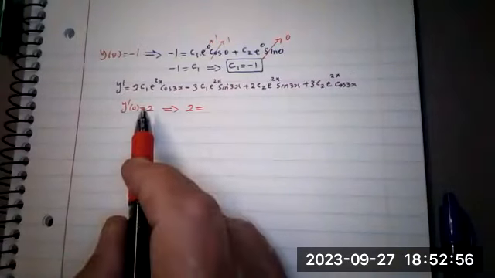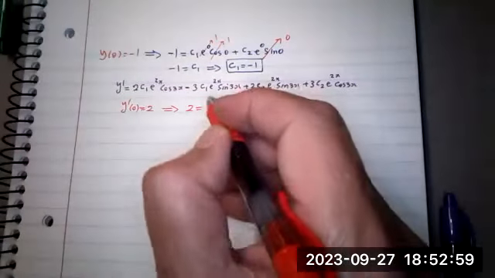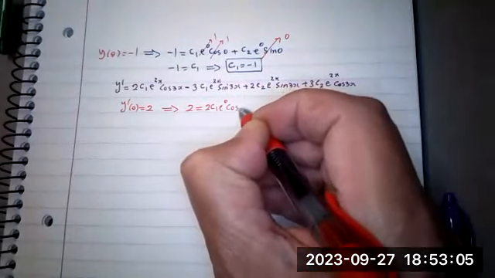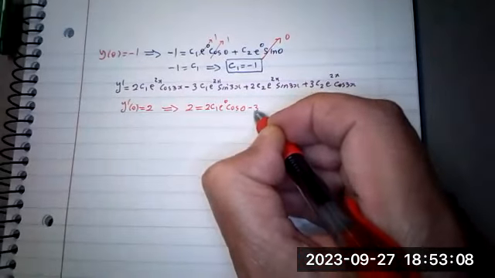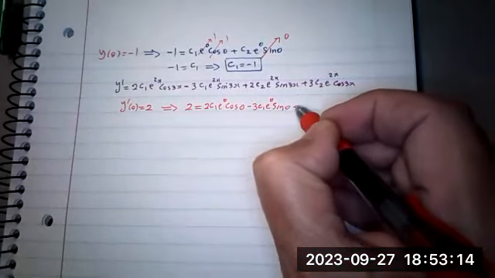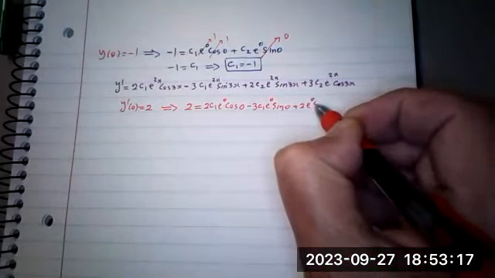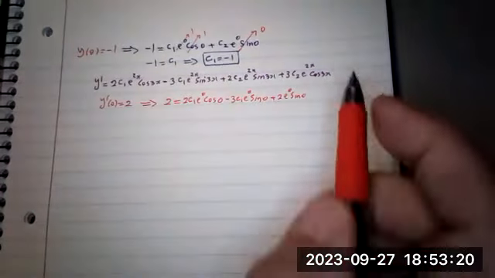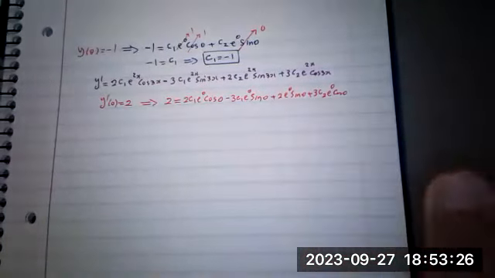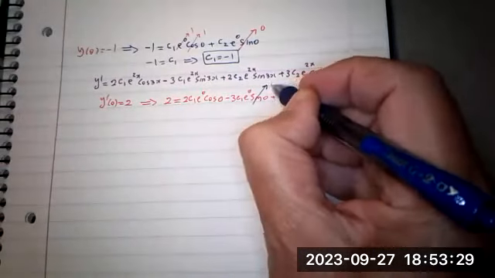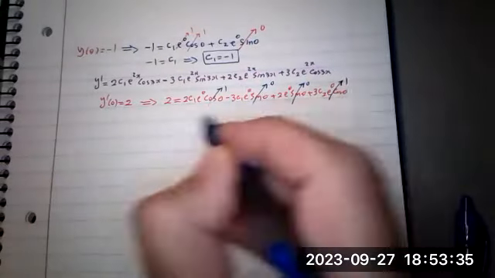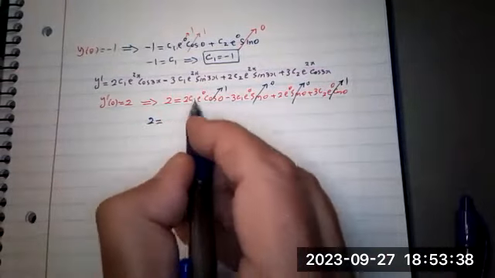Okay, 2 equal to, if you put the 0 for the first part, that gives you 2 c1 e to the 0 cosine of the 0. The second one would disappear. You don't have to write it, but just write it to explain. This would be out. This would be also out because of the sine. Get only the next one, 3c2 e to the 0 cosine of the 0. Sine of the 0 is 0, so these would be out. The cosine is 1. So the conclusion is 2 equal to the 2c1